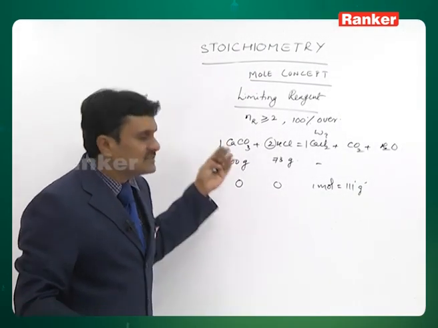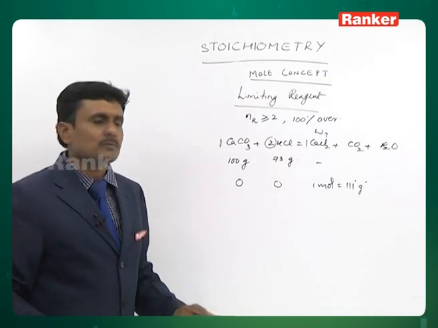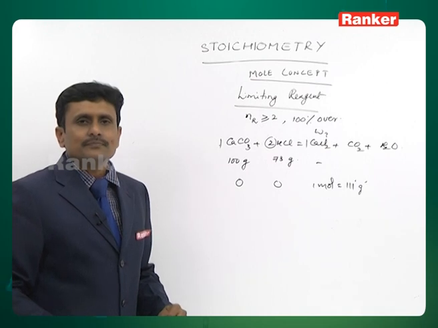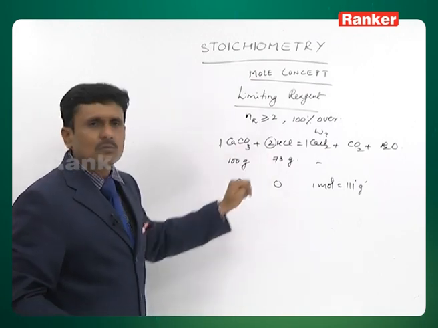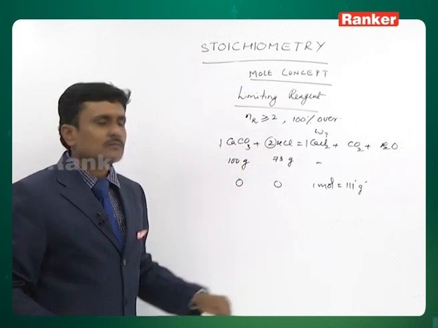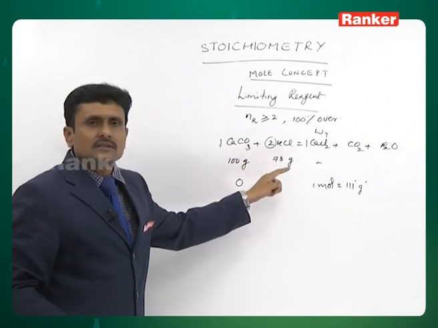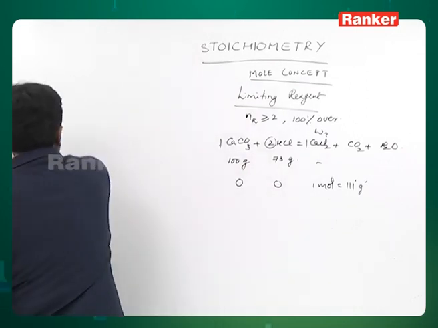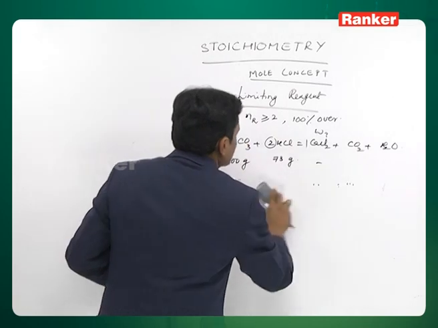Now in this case, is there any limiting reagent? Obviously no, because both are equally and completely consumed. For every 1 mole you require 2 moles. 1 mole means 100 grams, 2 moles means 73 grams, 2 into 36.5. So both have been equally consumed, so there is no concept of limiting reagent. Now when I change the ratio a little bit,